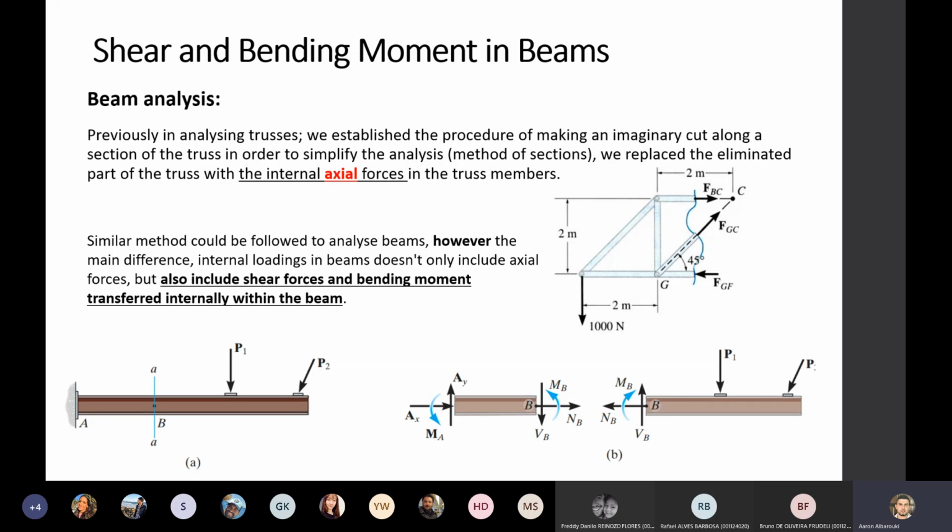Without worrying too much about it, all we need to know is that a beam structure will carry these three types of actions: axial forces, shear forces, and bending moments. And this will give us our three equations, as usual, to solve problems or to solve the design scenario. Now,